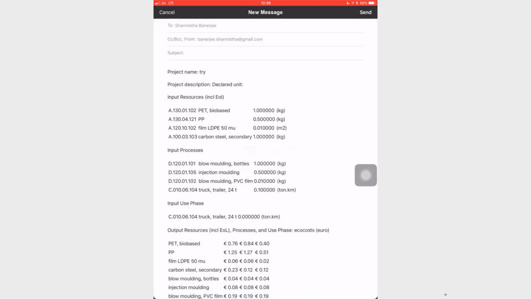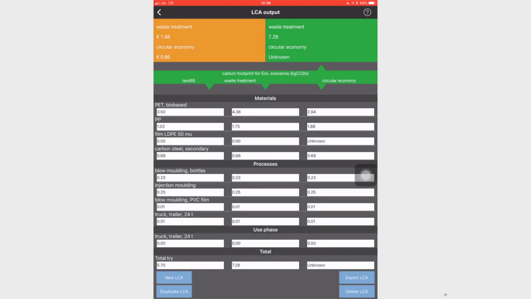You can see all the eco cost, the carbon footprint of different materials, of different stages, of different processes, and you can export this data. You can export both of the data. If I go back, you can see I have all my data already saved. So at any point of time you can go back to your previous data and work on it further.